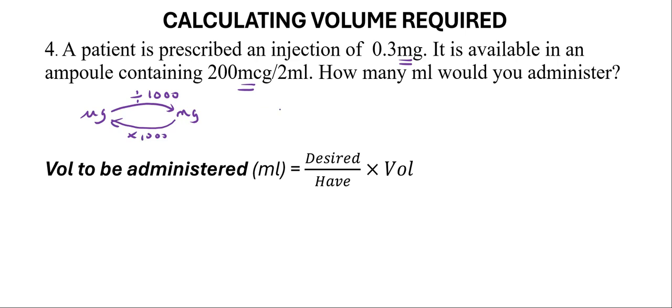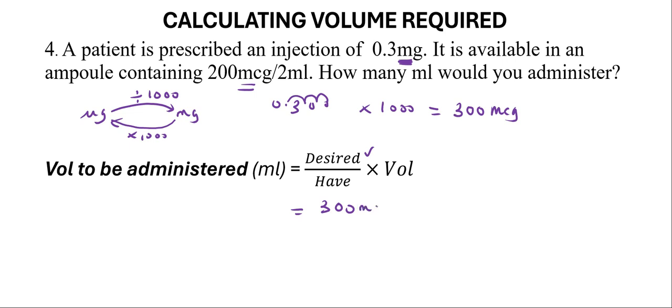So for example, if we decide to change the milligrams into micrograms, it becomes 0.3 milligrams multiplied by 1000. So the point will move 3 times to the right. We insert the zeros. So the 0.3 milligrams becomes 300 micrograms. So by substitution, the desired will be